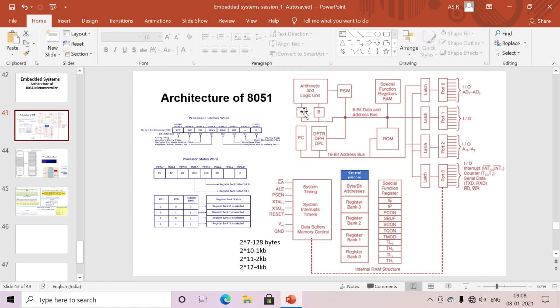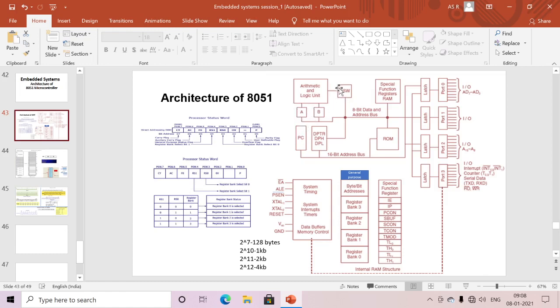Okay, here mainly the A and B registers we are using to perform these arithmetic and logical operations. And the A register we are also calling the accumulator. Why? Because it will act as source as well as destination. For example, if I am trying to add the content of A and B and the final result is also stored to A, that's why we are calling it the accumulator.